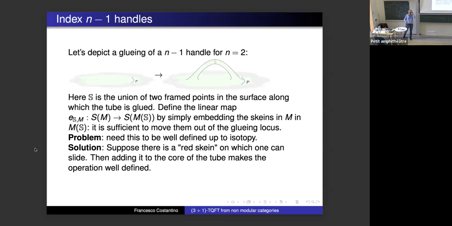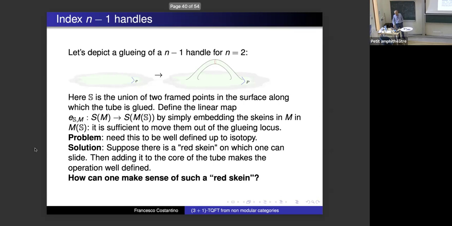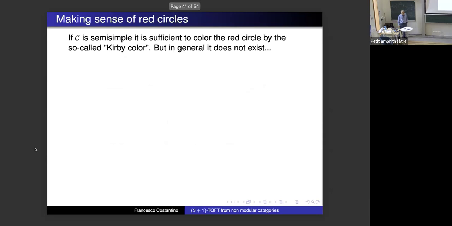That's all I need. So, yeah, the problem is, okay, give me this red thing. I need to have a skein which has this property. So how to make sense of such a red skein? Can I find such a skein? If you're familiar with the standard semisimple theory, the answer is the cubicolor, namely exactly what Ingold was using in his talks, namely you consider the direct sum